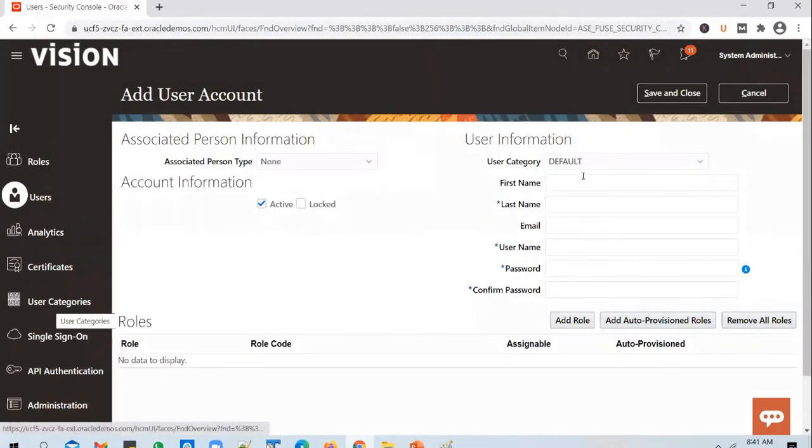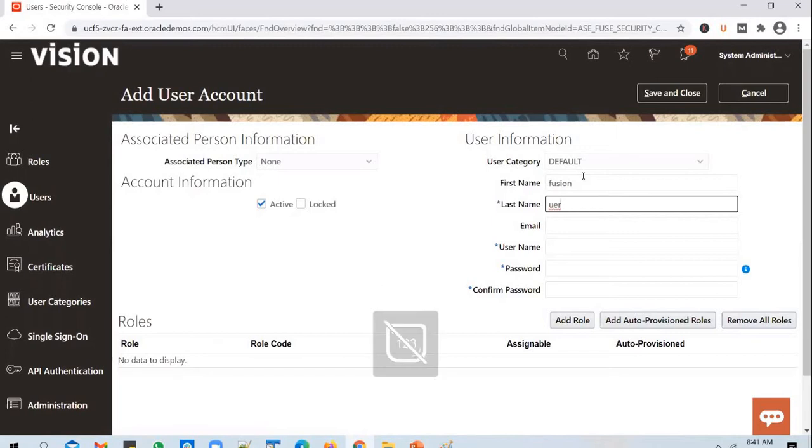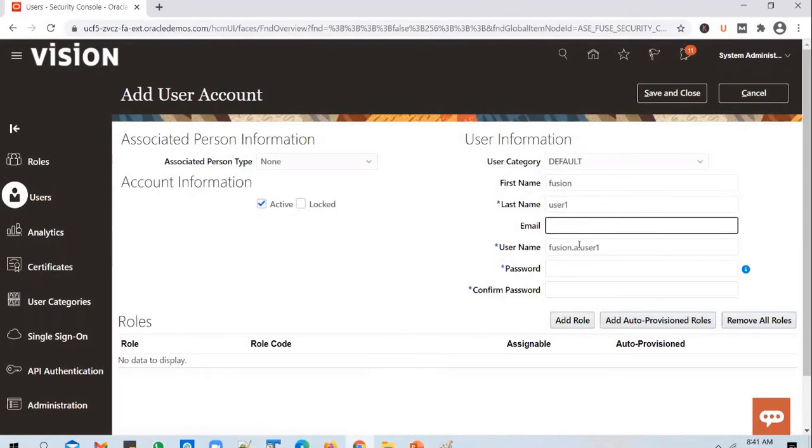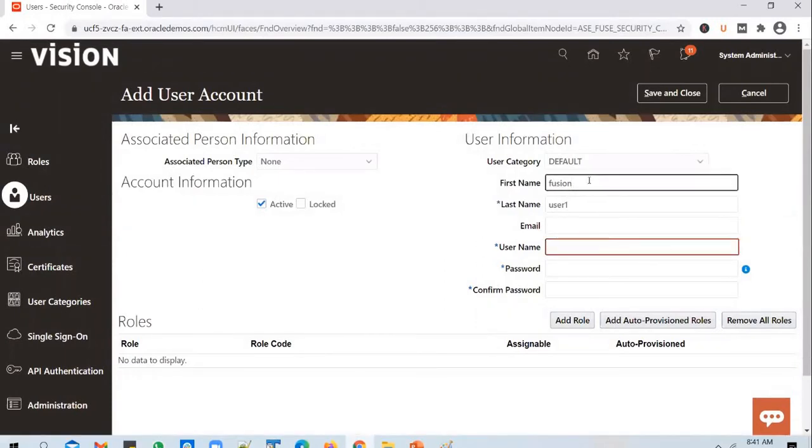And when we typed in, say, a Fusion user 1 yesterday, when we tabbed out, you could see that there is a username that got auto-generated, right? Fusion.user1.